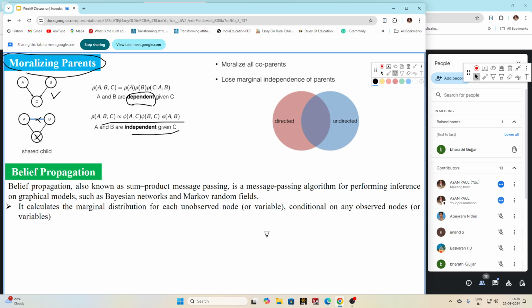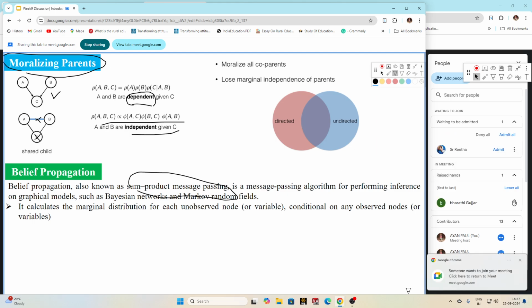Again I am repeating, belief propagation, also known as sum-product message passing, is a message passing algorithm. So how does it pass the message? By summing as well as producting the messages. How it is passing, we will see. It is a message passing algorithm for performing inference on graphical models such as Bayesian networks and Markov random fields. It calculates the marginal distribution for